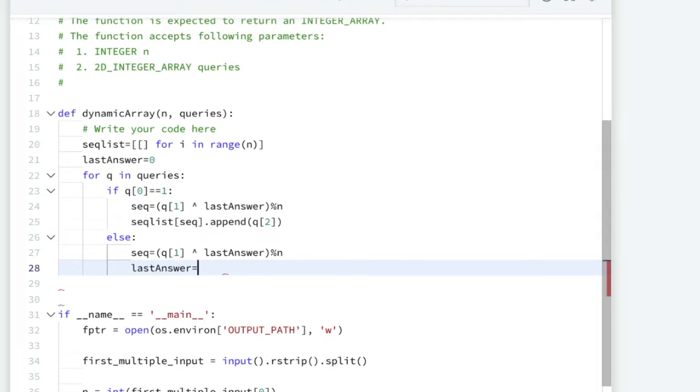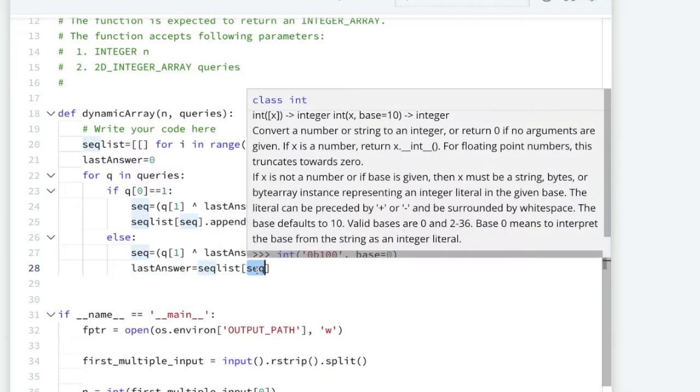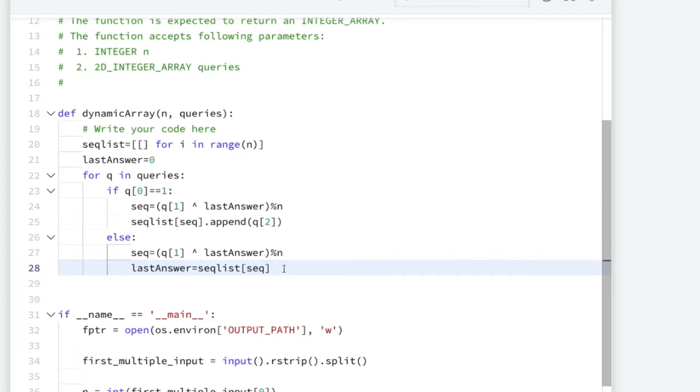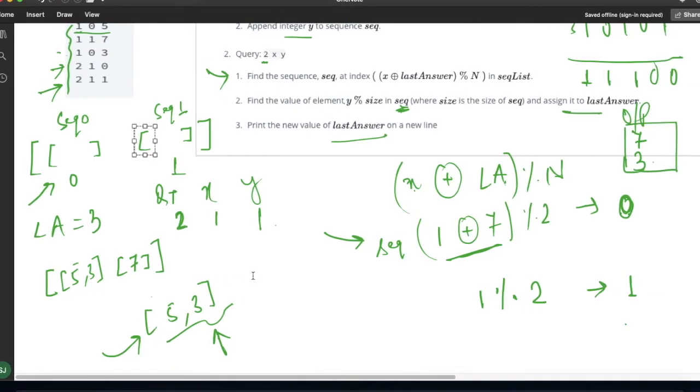So the very first thing is we have to select the internal list from the sequence list. So sequence list, in this sequence list we have to select the internal list at index sequence. Now we selected the internal list, same like this one.